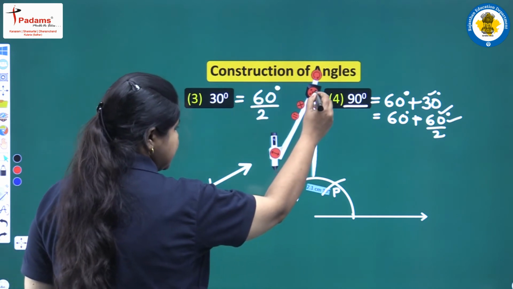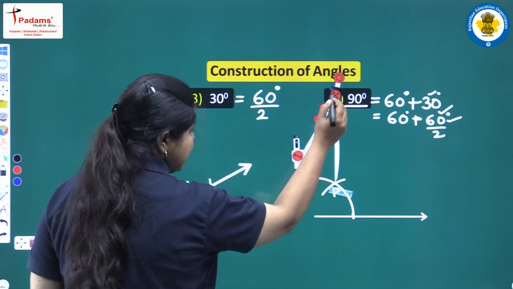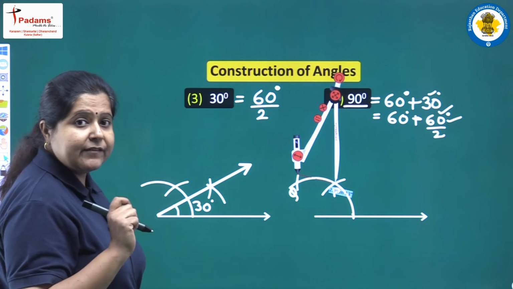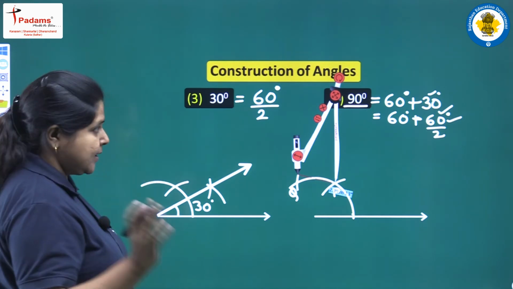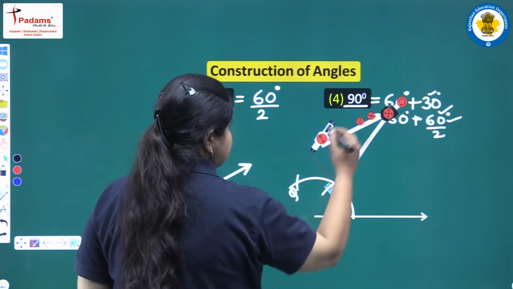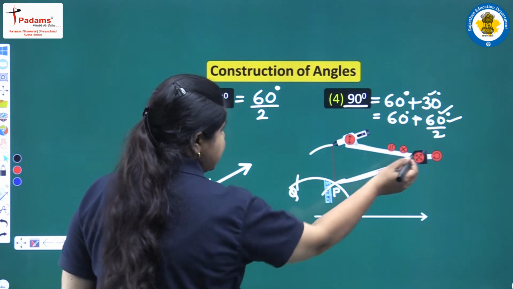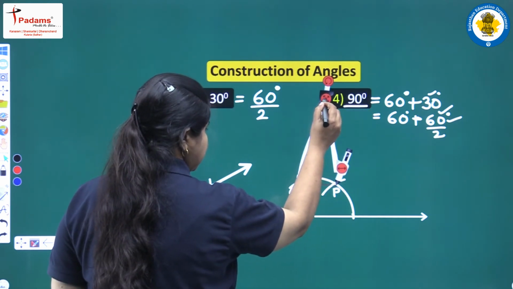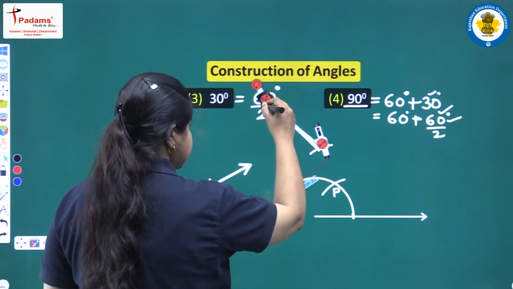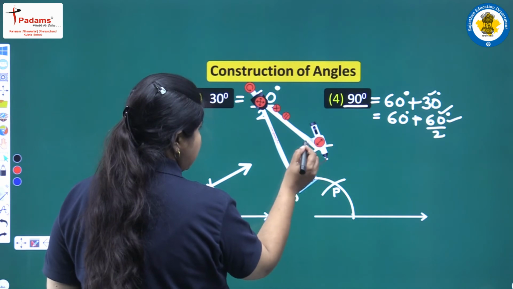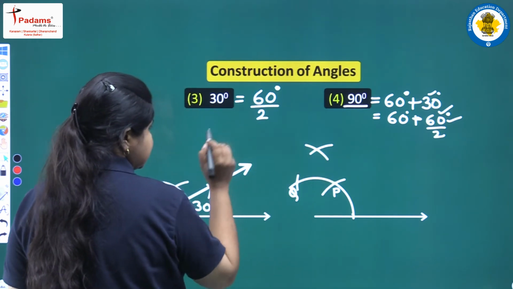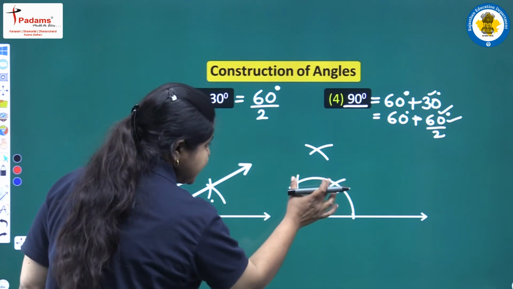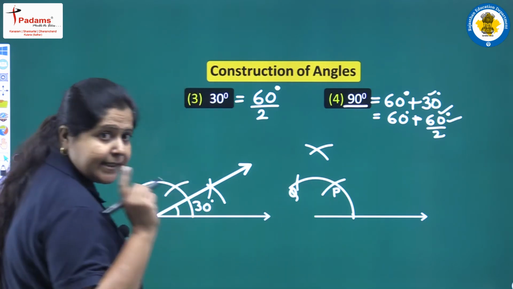So let me place this compass at P, and now while bisecting, remember when we keep the compass at these 2 points, the radius should be equal. Only then we will get the exact bisector, otherwise not. So with the same radius we will mark an arc here, and next keeping the center at Q and with the same radius, I have not changed the radius, again we will draw an arc. Yes, now we get the point of intersection of the 2 arcs. What we have done is we are bisecting this angle of 60 degree between P and Q.